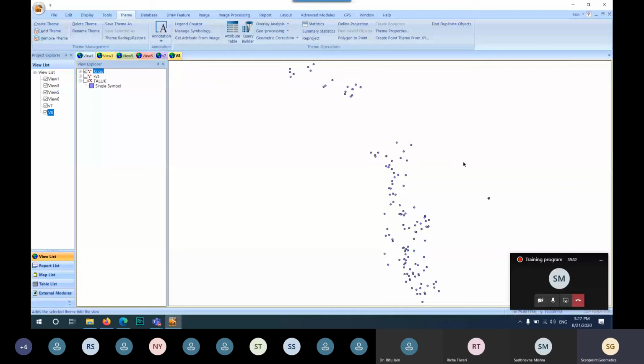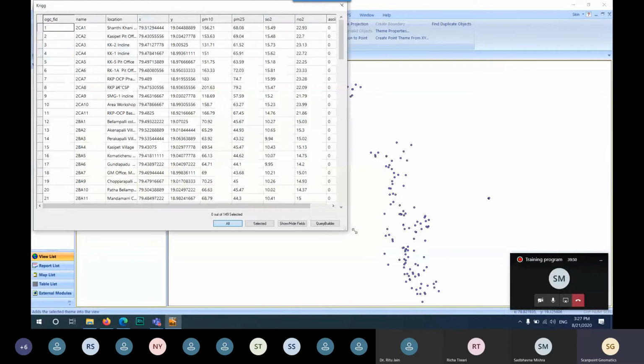Now go to the add theme button and click. As you click, now a point theme which is in the table format is now open in your IGIS software window. You can also see the attributes which are associated with it.